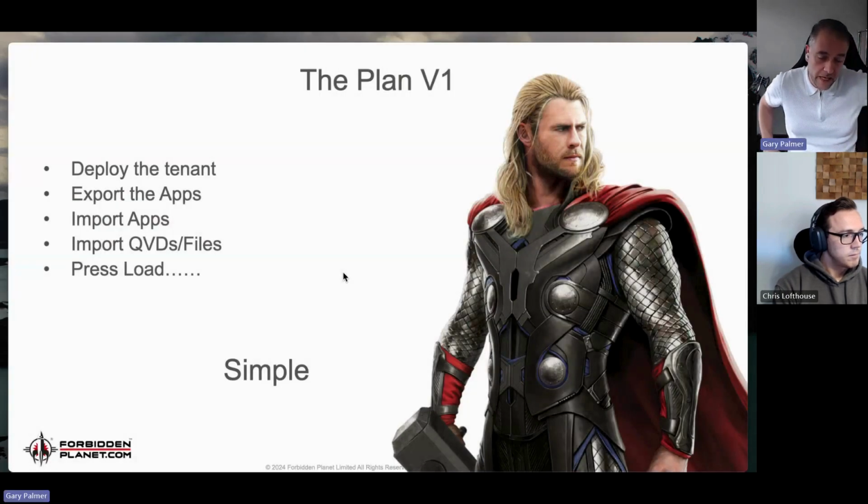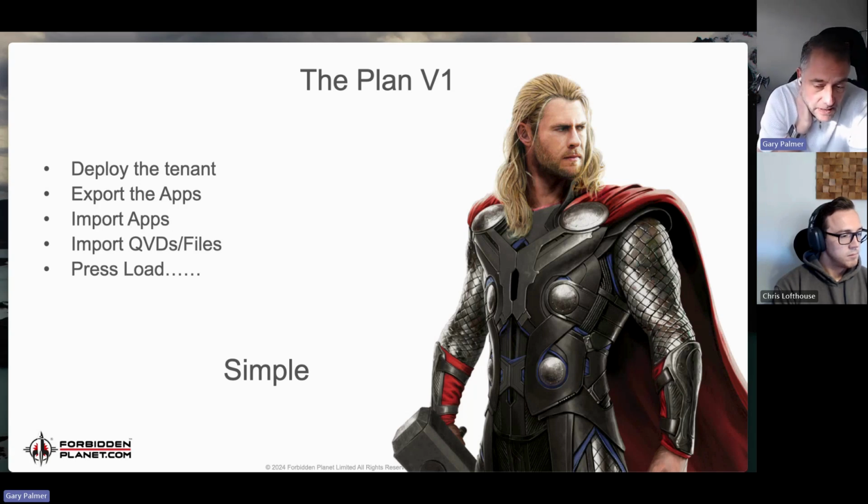So we come up with a plan. So I sat down with the team and said, right, how are we going to migrate this? We looked at all of our data and basically our setup within on-prem. So the first thing I did is obviously I went to Ometis and said, right, I'm looking to do this. I migrated my license over, and that basically gave me a tenant. So I then have a tenant I can deploy to. That was relatively simple. That didn't take long. I think it was a couple of days. I ended up with a license back and I was done.